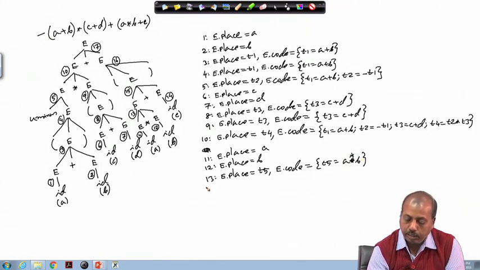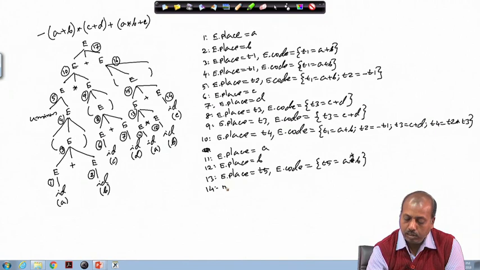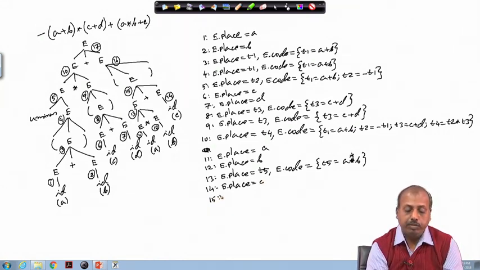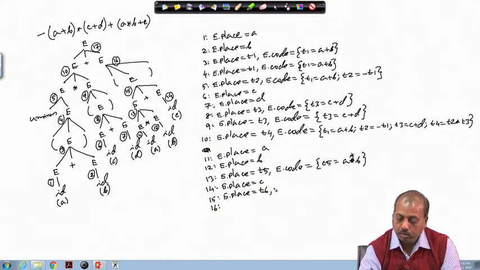Okay. Now, reduction number 14, so it is E producing ID. So, this E dot place equal to ID dot place, that is equal to C, and reduction number 15 is this E plus E. So, I have to get a new temporary, E dot place equal to T6, and then I have to have this code generated.